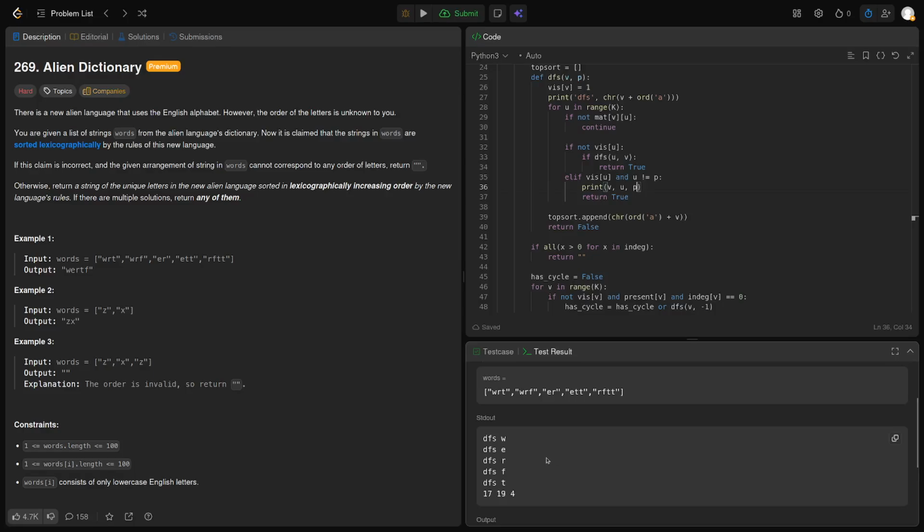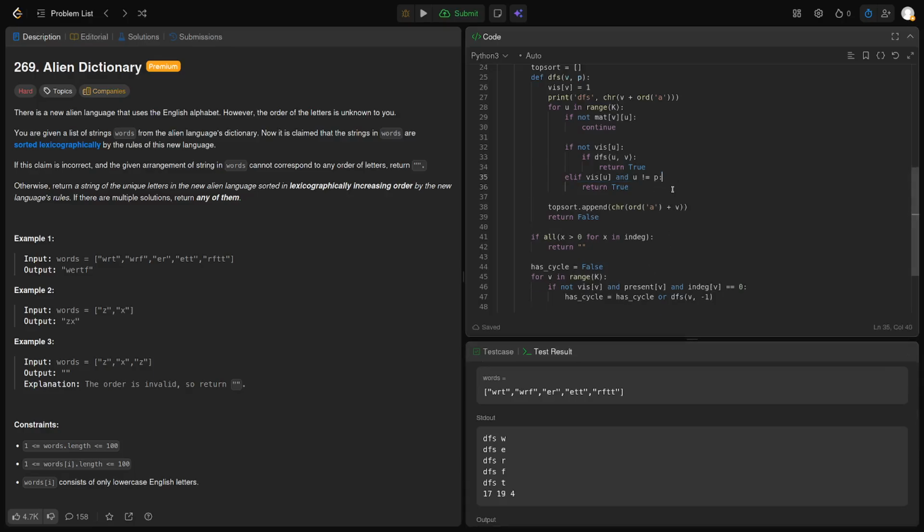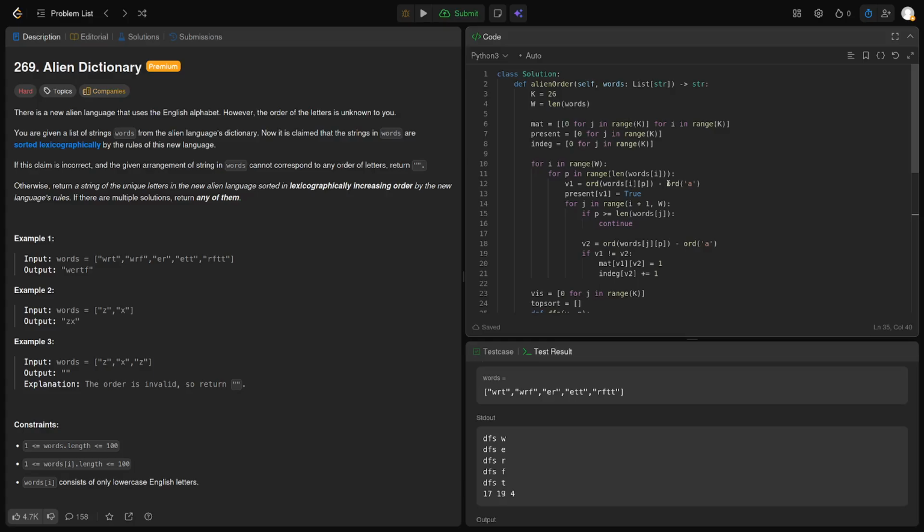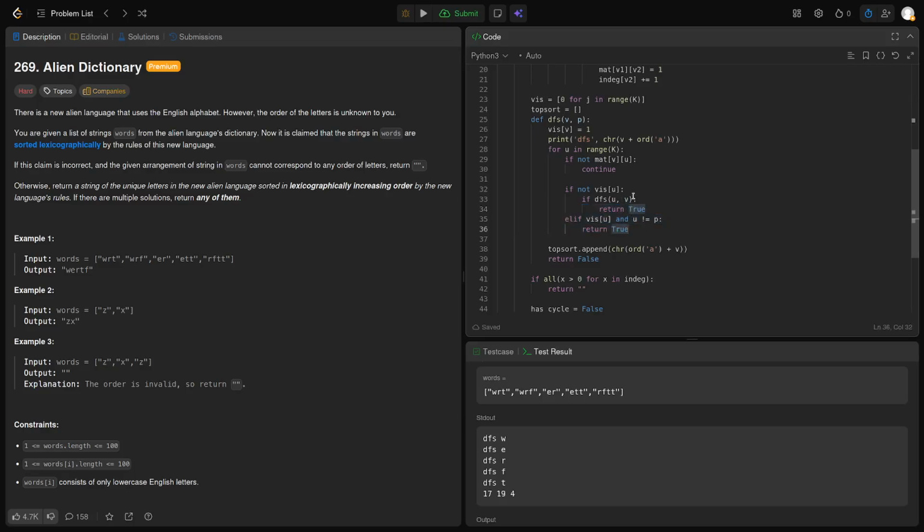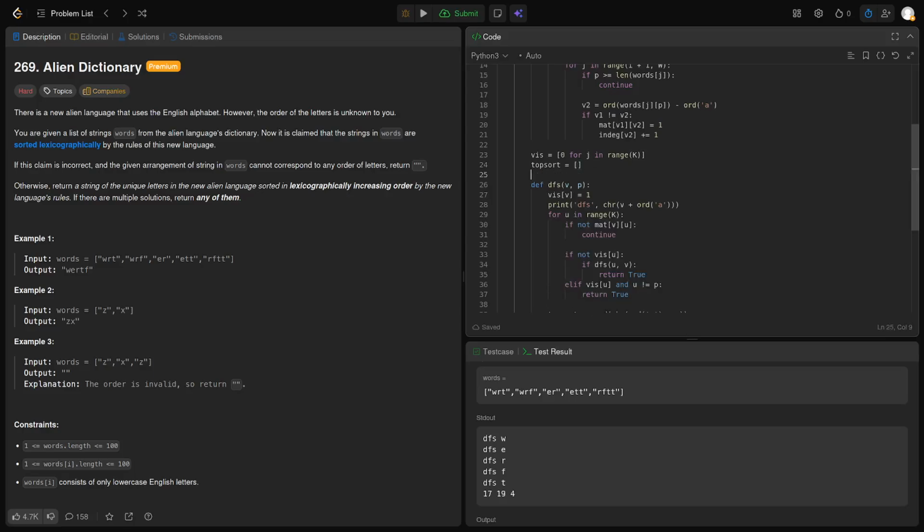Yeah, we should give an ID to it. I don't know, like a counter. ID vertex, counter plus equals 1,